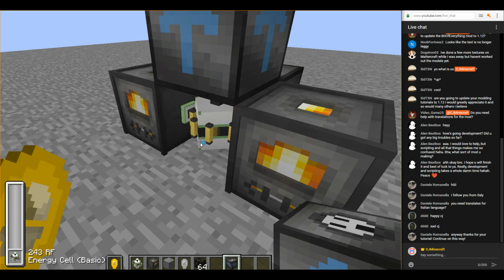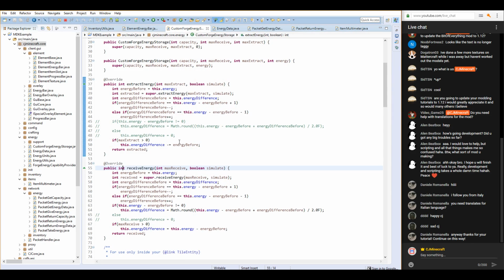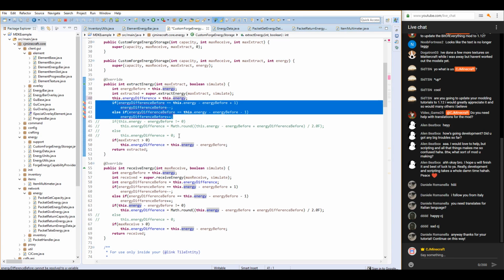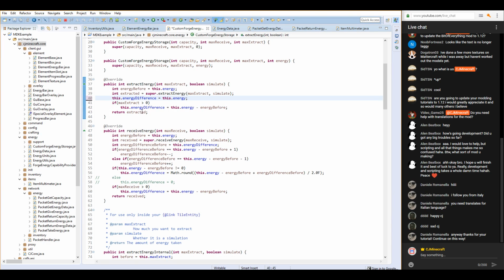Minus 243. No, because minus equals that, and every time we're going to take it away, the energy difference is equal to the difference between the energy. So if we do this, dot energy difference equals this dot energy, then